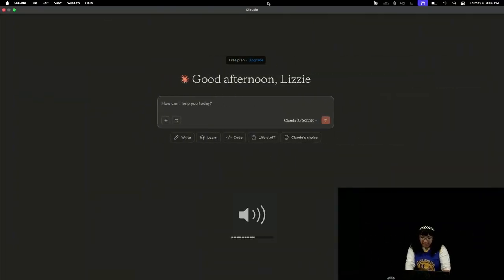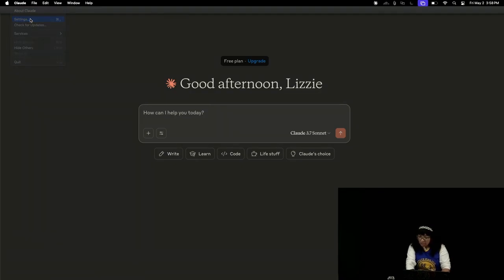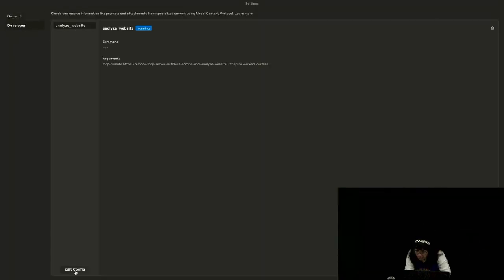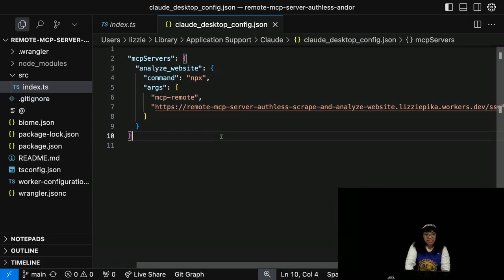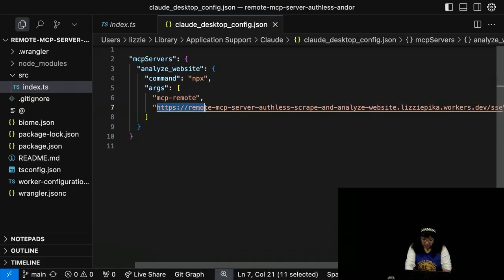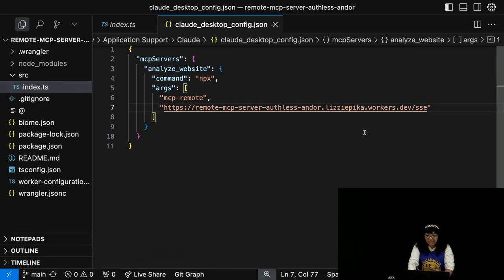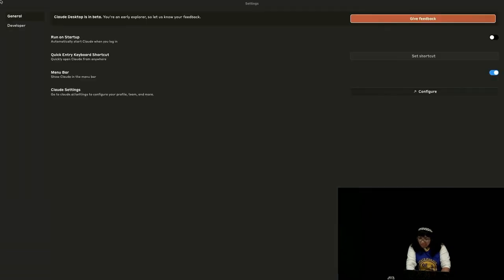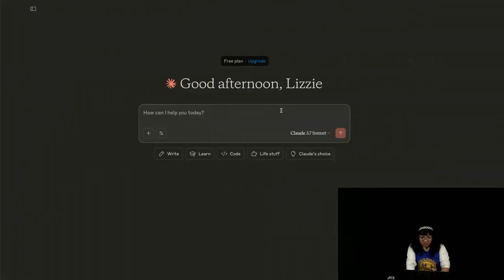We go to Claude, Settings, Developer, Edit Config. Right now, this is a different MCP server that I made. We're going to replace this URL with our Andor one. Save that. Now we have to exit Claude Desktop so it refreshes, open Claude again. Now if I